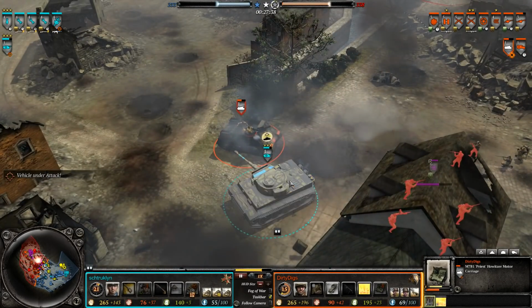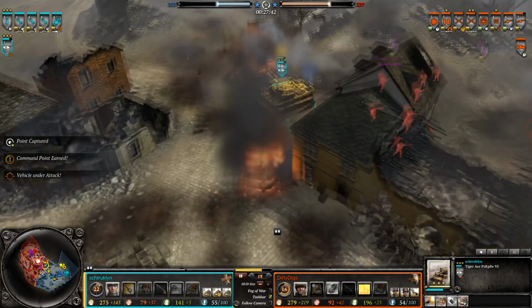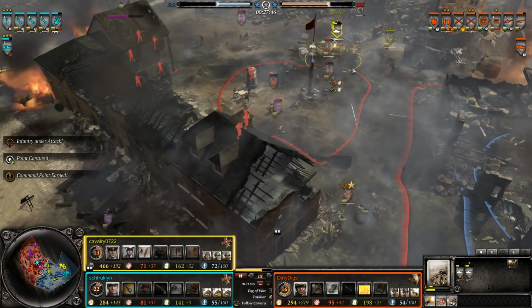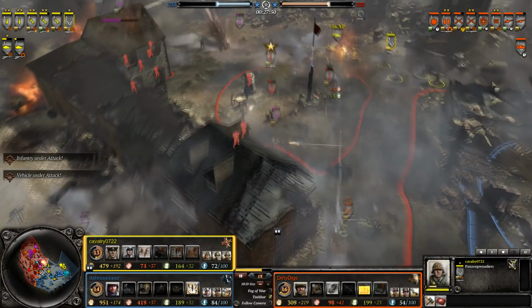And despite the fact that the Tiger Ace is likely a Christian, it's not going to care, and he's going to slaughter that clergy member absolutely mercilessly. Well done. In the meantime, however, the Panthers are taking massive damage because there's no infantry support except 1 Panzerschreck